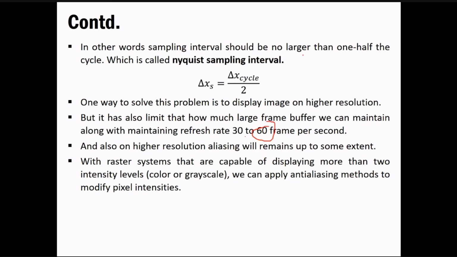Okay, so now we have one more thing. With raster systems that are capable of displaying more than 2 intensity levels, we can apply an anti-aliasing method to modify pixel intensities. Obviously, we are dealing with images or objects that you display on the monitor, and we are getting that kind of very pixelated thing.